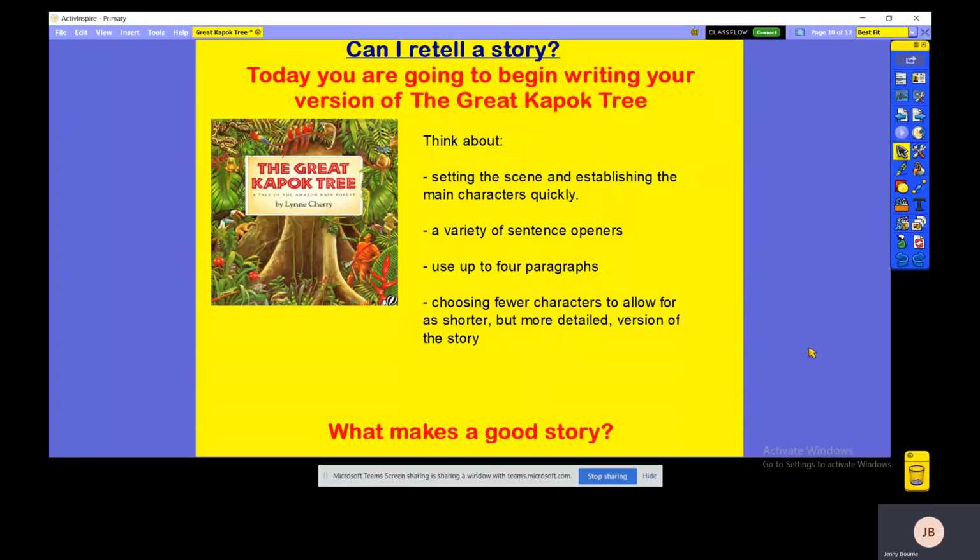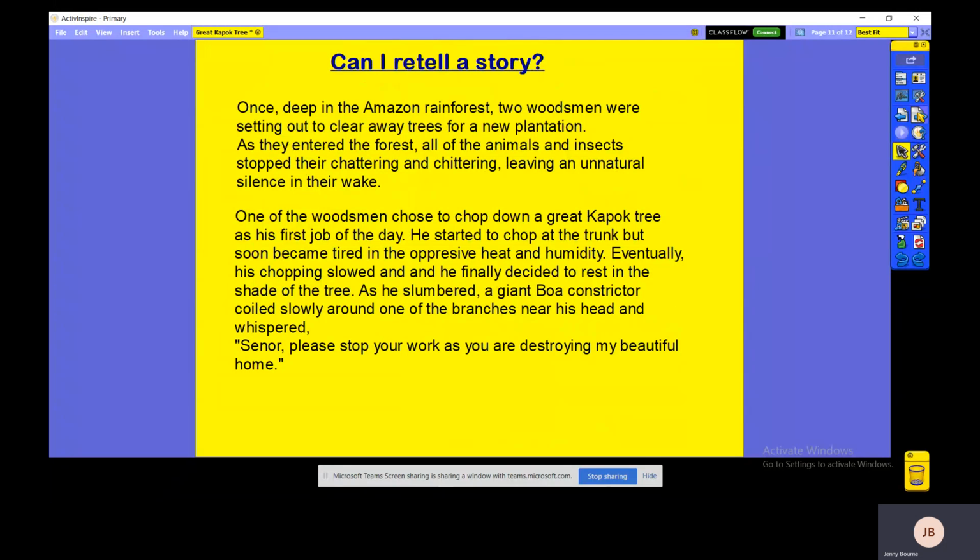So if we just recap quickly, we're retelling the story. We're thinking about setting the scene and establishing the main characters quickly, a variety of sentence openers to make our writing interesting, limiting it to up to about 4 paragraphs. Don't worry if you go over, but we want to choose fewer characters and do them in a little bit more detail than the great big list of characters that Lynn Cherry uses in the book. So I'm going to just read you another quick example before we have a look more closely at punctuating direct